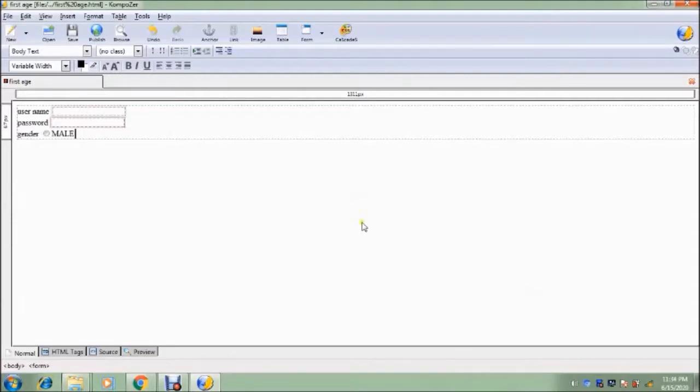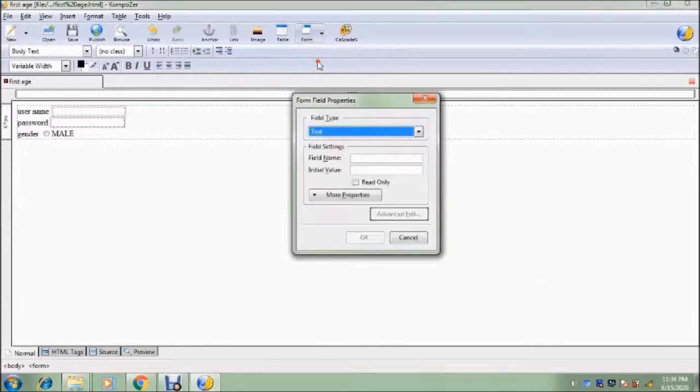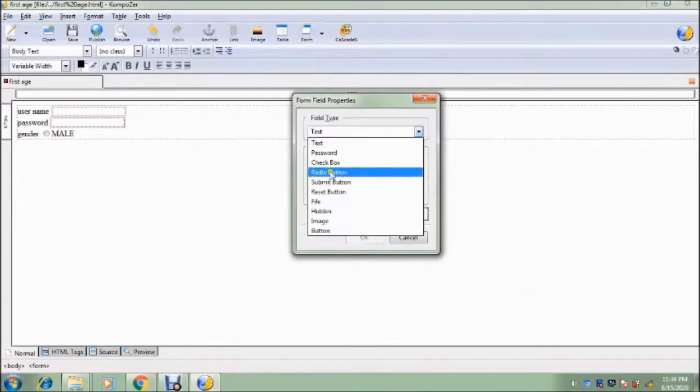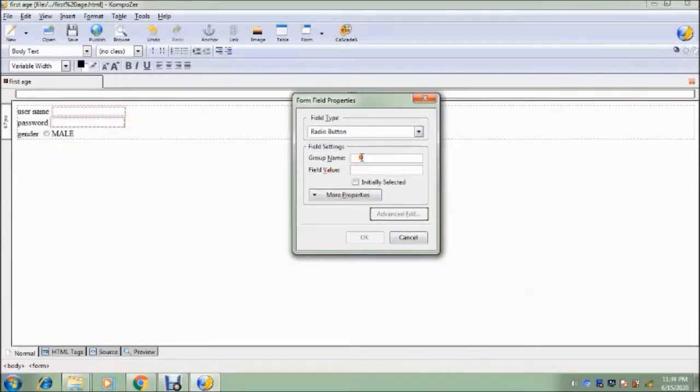Similarly, insert the second radio button, again form field, radio button, name. Now here the most important MCQ of this chapter, that is, if we want to create a group of radio buttons, then compulsory the name of all the radio buttons must be same.